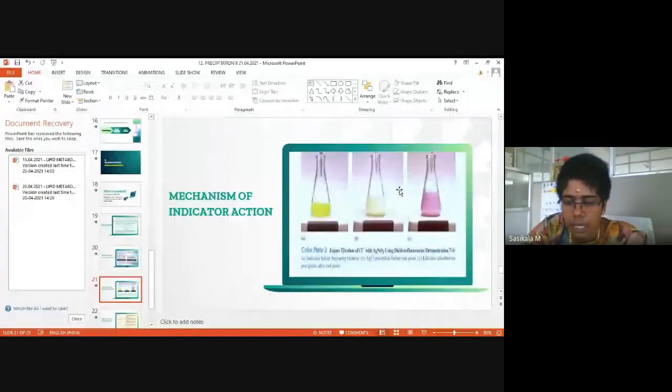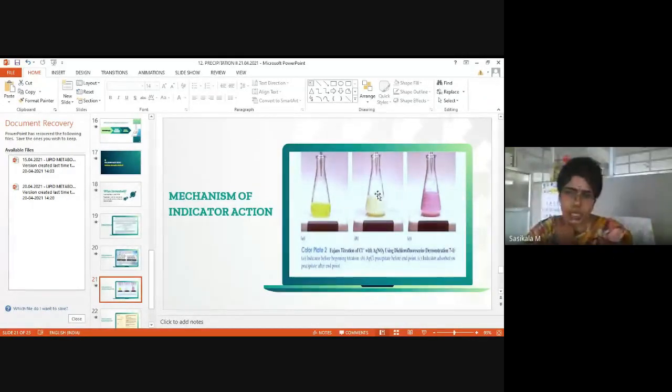Again, it will be just in another system of indicator reaction. In the beginning, the solution will be added with chloride sample and indicator. The yellow color represents dichlorofluorescein indicator, fluorescein and its derivatives. Then silver nitrate is added to get precipitate. And now it will start absorbing on the surface, which is fluorescein.